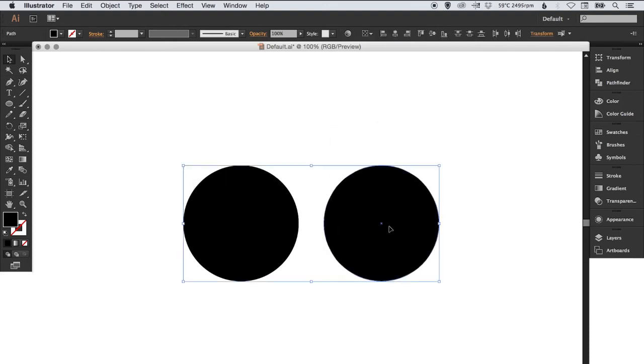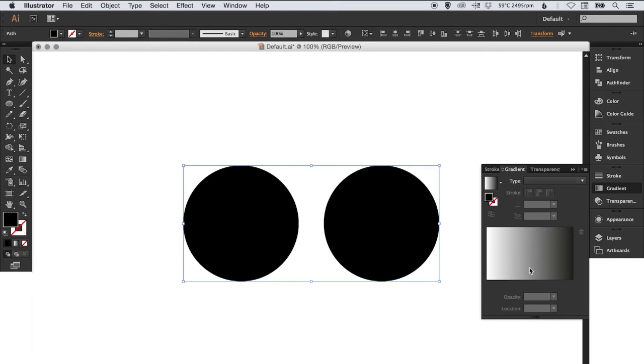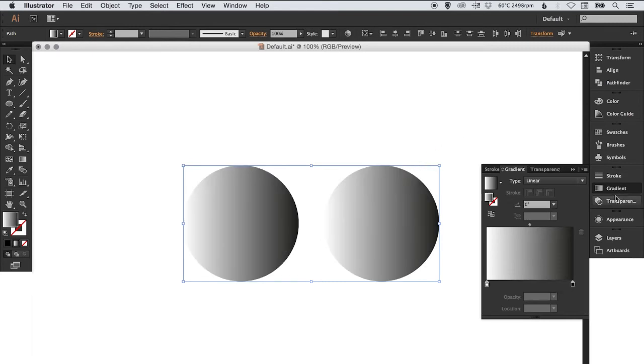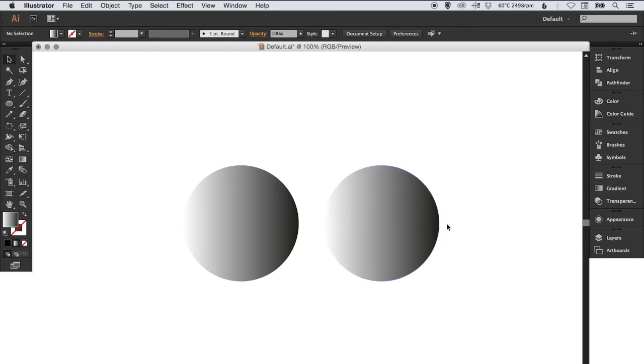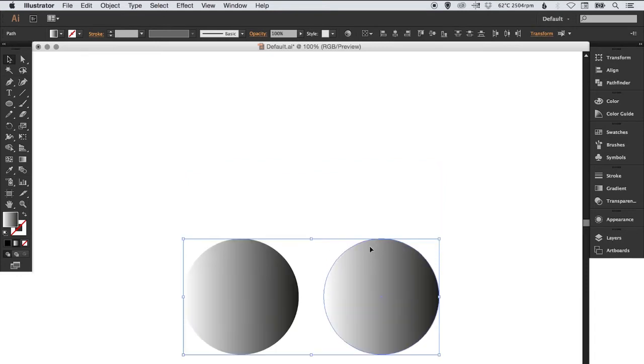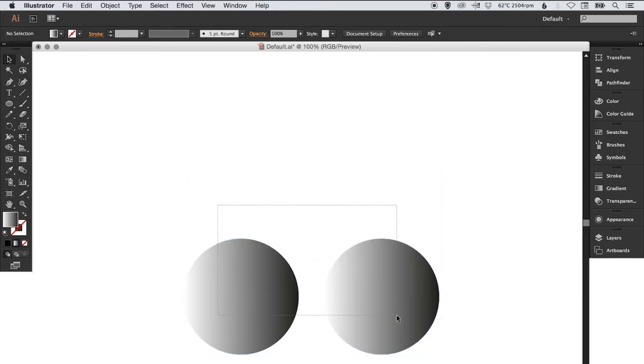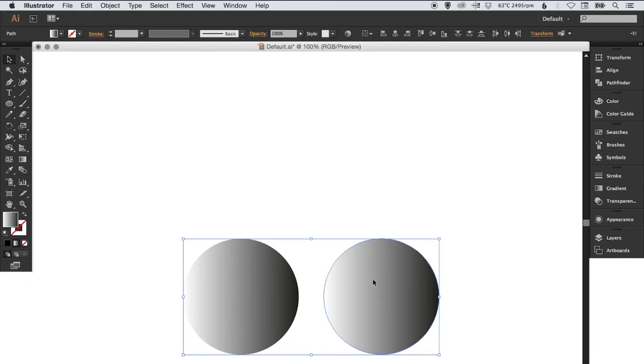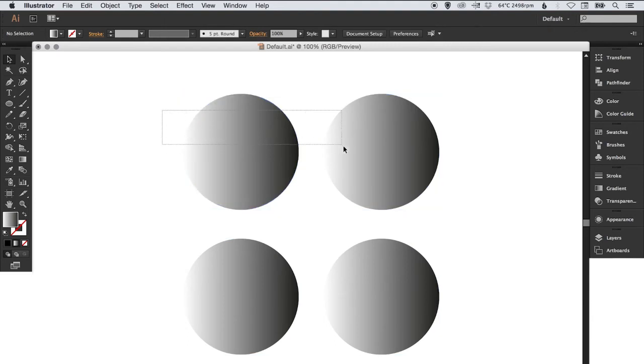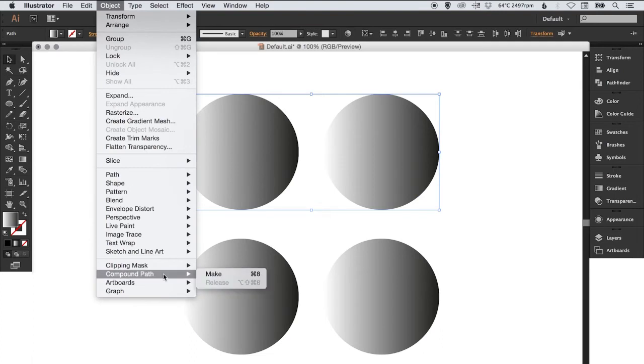So if I select both of these shapes, and I'll go over here and just click anywhere on the gradient. You'll see it applies the gradient to each circle individually. So what if I want the gradient to run from one side to the other through both of these circles? That's where compound paths come in handy. So if I select both of these circles and hold Shift to drag straight up and Alt to create a copy, there we go. And now if I select them both again and go to Object, Compound Path,